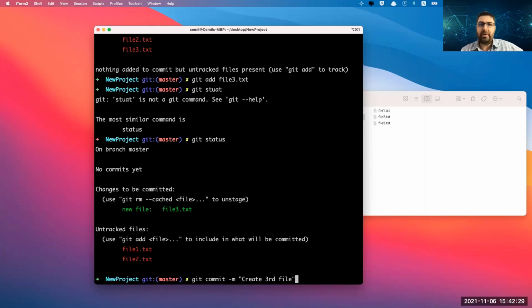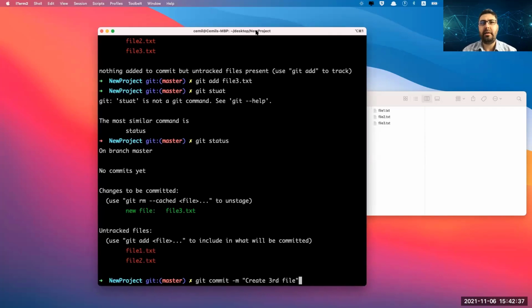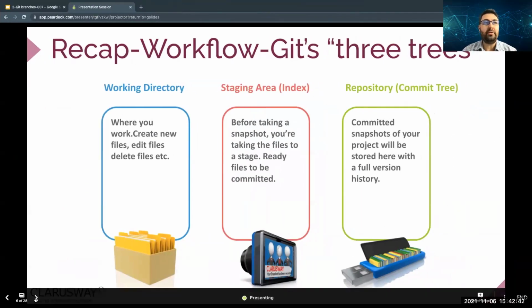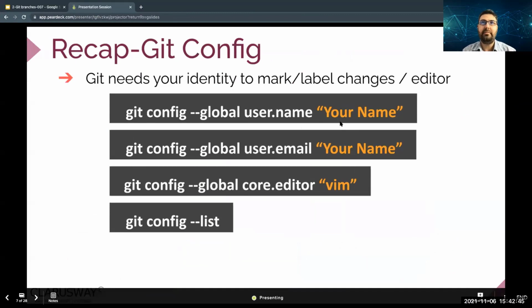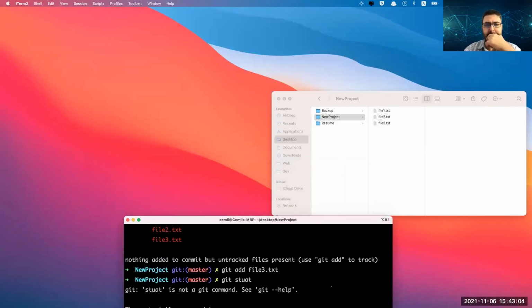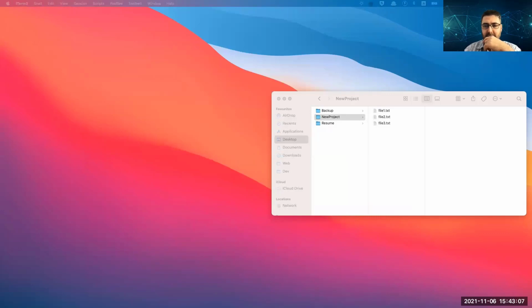Before I do everything, you don't have to do this. We did this before. Just give me some time. Before I make the commit, remember we have configuration files you did. So if this configuration is not set correctly, then you might get some errors to run these commands. But we have done this last lesson, so I believe this is all okay for you. But for me, let me do it again. I'm not sure if I am the correct user.